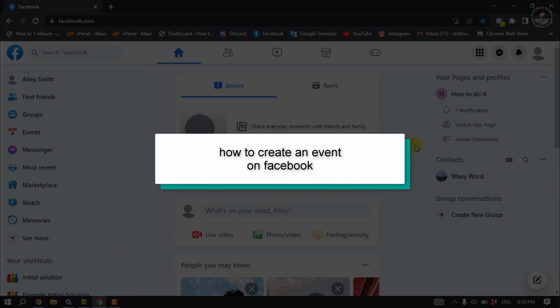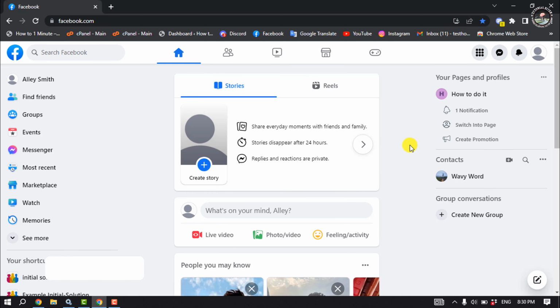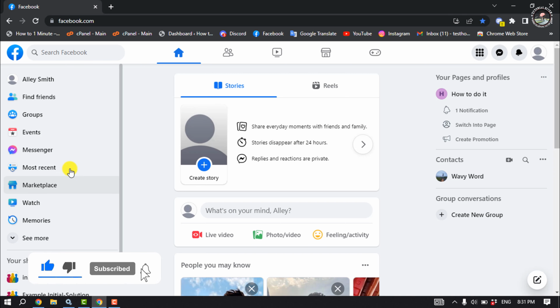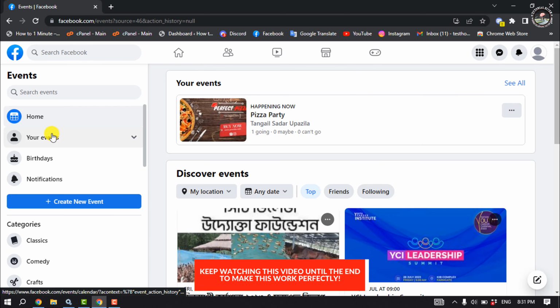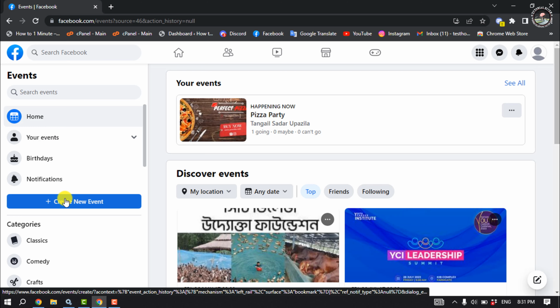This tutorial review will show you how to create an event on Facebook. First of all, launch your Facebook and make sure to log in to your Facebook account. And here you'll find this events option. So click on that. And to create a new event, all you need is to click on create